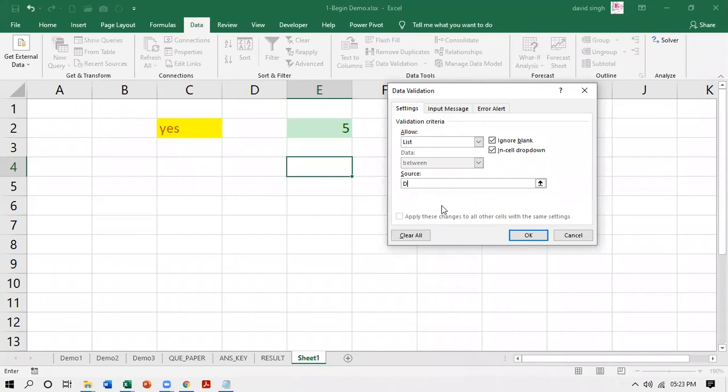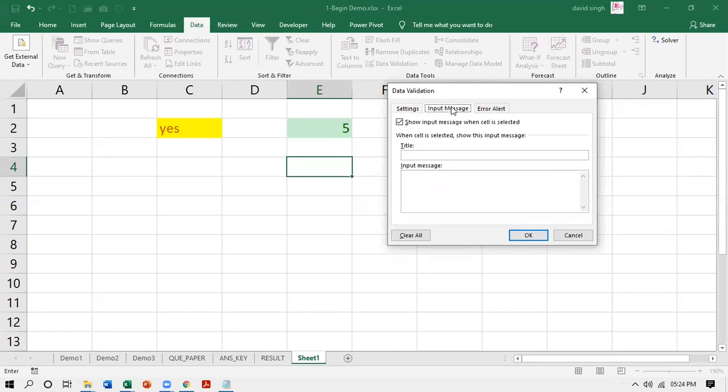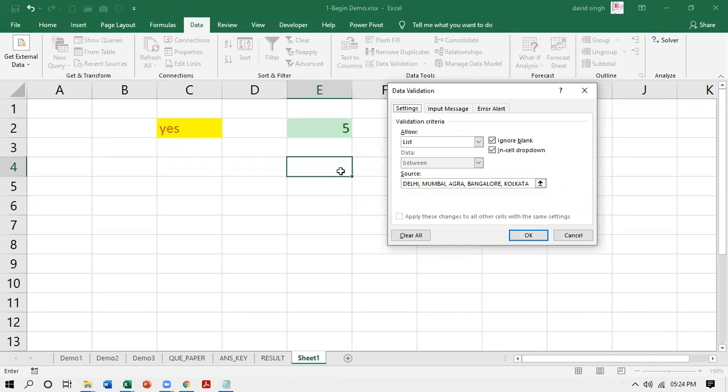I'm going to type certain cities. So this is a comma separated list of values. All you have to do is put the value, put a comma, then the next value. Please try to avoid spaces in the values. This is one limitation. You cannot use spaces here. So I'm clicking OK. Rest of the things are the same, input message and all those you can take care of. This is how you create a list.